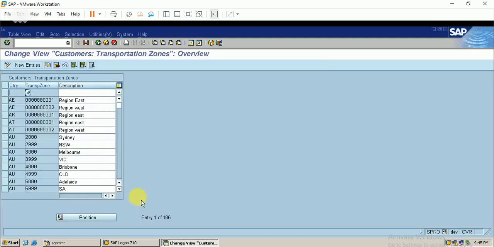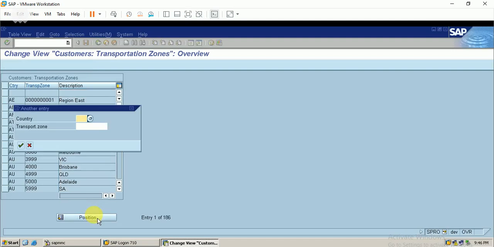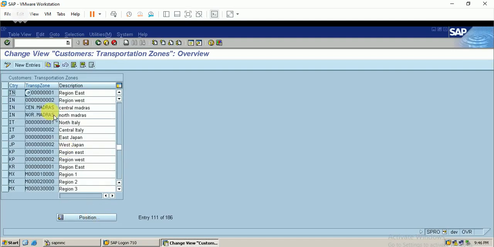Here I have maintained a new entry. For my country I have maintained these two entries, and this transportation zone is our departure zone, and this is the receiving zone.